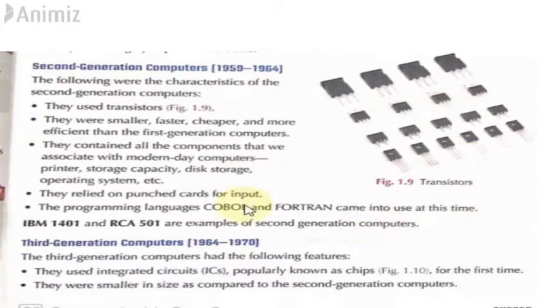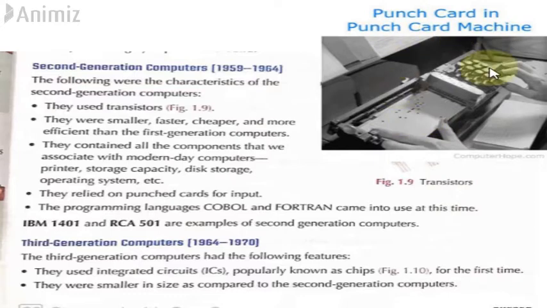So there were punch cards. They used punch cards for input. Punch cards used to look like this, and they were used in earlier times. They were also called IBM cards. As you can see, there are holes in these cards. What they used to do was punch holes into these cards, by hand or with the help of a machine, to represent computer data and instructions. So basically they were used to input data into early computers.